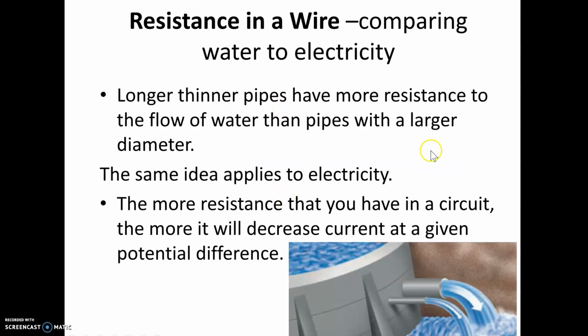We can use an analogy again to describe resistance within a wire. If you think about this dam, with water going through these two different types of pipes, you can see that a lot more water is able to go through this wider pipe compared to this one, which is